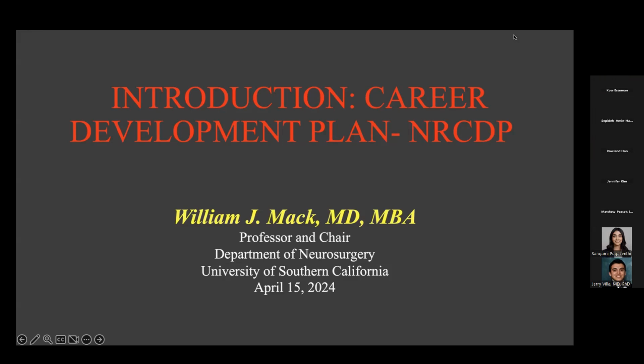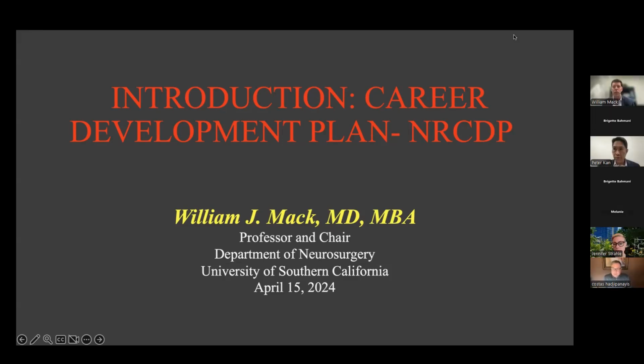The point of this is to introduce the concept of the career development plan as it's required in an NIH grant, but this is pretty symbolic of just the career development plan in general. I'm going to go through the nuts and bolts of writing that section in the NIH application for those that are interested in making that.